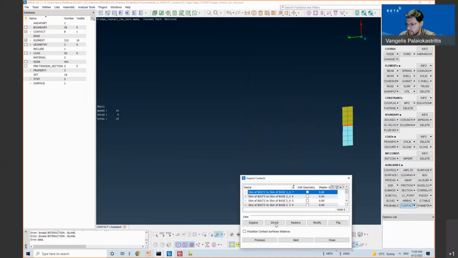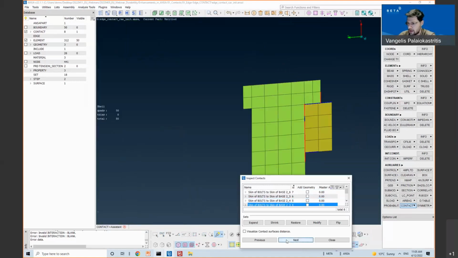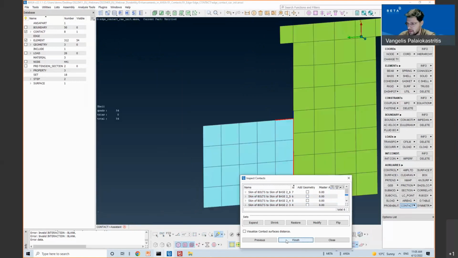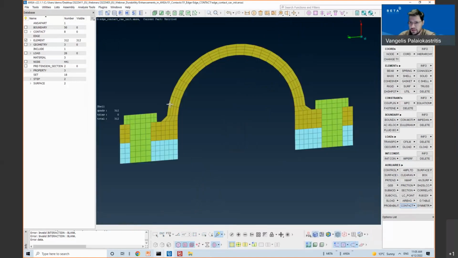I can inspect the contacts that have been identified, and by pressing finish, I have the contacts defined in an automatic way.